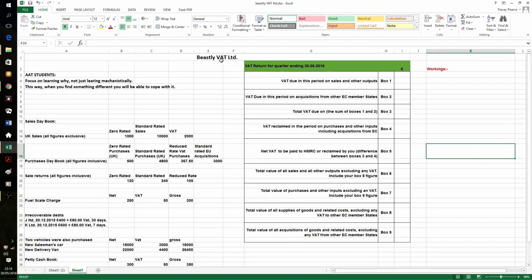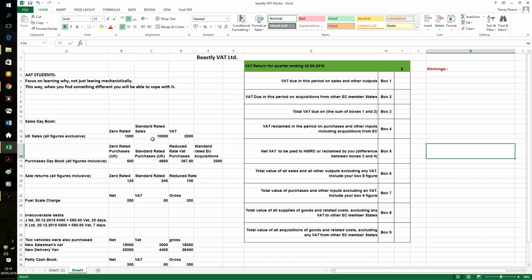We've got a VAT return for Beastly VAT Ltd, that is a made up name by the way, and the return is for the quarter ending the 30th of June 2016. That's only really going to matter from the point of the VAT bad debts, the VAT claiming back on bad debts. So having a quick look at what we've got down the left hand side here, we've got a sales